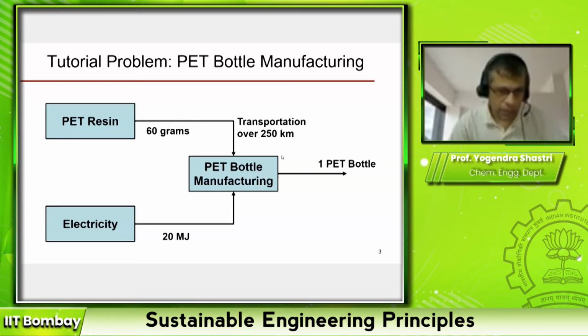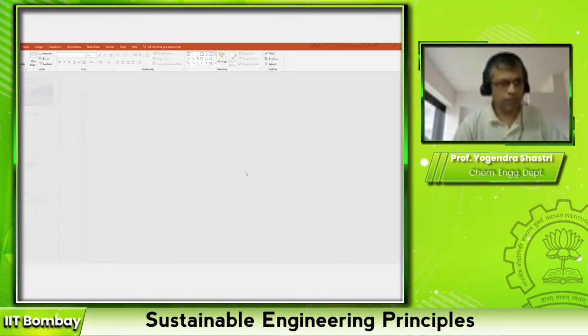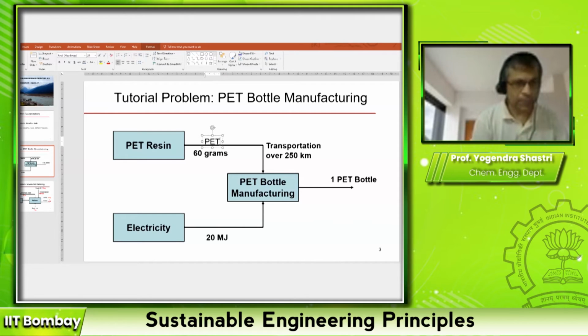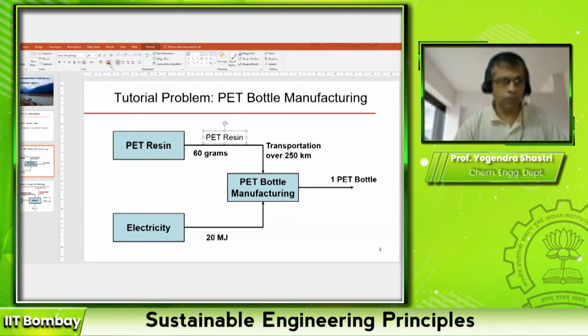What we are assuming in this particular product system is that the PET resin information as well as electricity production information we will take directly from the database. All right. It's really this manufacturing activity that we want to focus on. If I start identifying the number of flows in this system, one is PET resin, that is one product flow, because PET resin is not available in nature, it has to be manufactured. So this is one product flow.